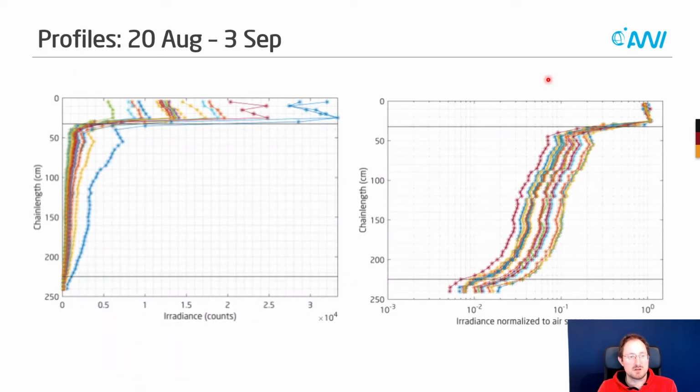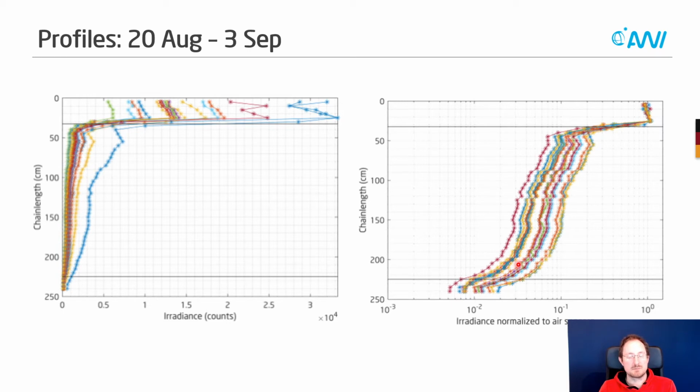To have a bit closer look here, you see the measured profiles. These are one's on a linear scale, this is on a logarithmic scale. You can see nicely this exponential decay of light through the ice bottom, but you can also see already on the bottom, top and the bottom, some features where light decay is not really following the idealistic exponential